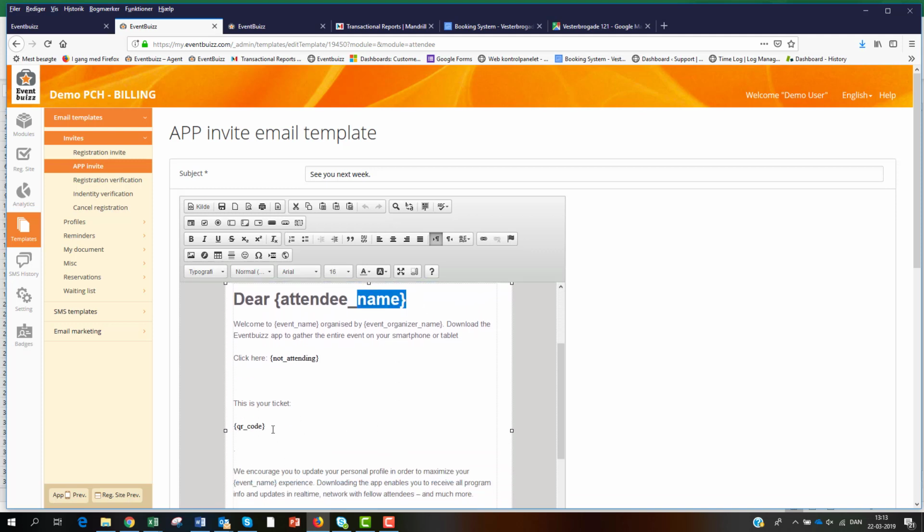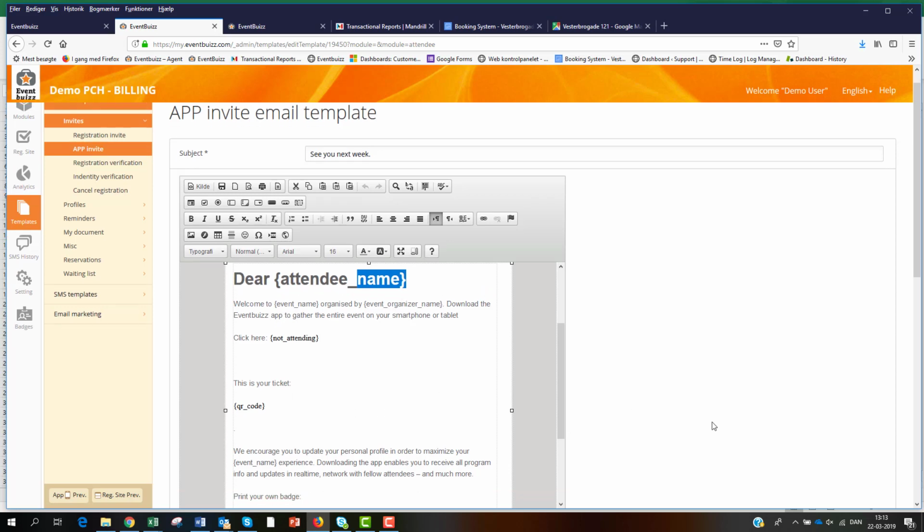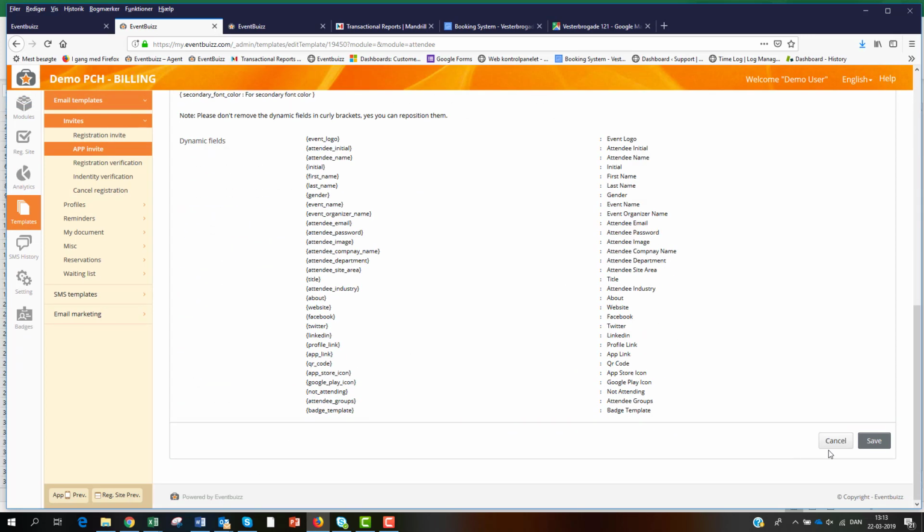And here you can also put in the QR code, which is the personal QR code that they could eventually show at the door when they show up. So you write this email as you please, and then you click save. If you have deleted some dynamic fields, you find them here. Okay, so let's go back here, modules,